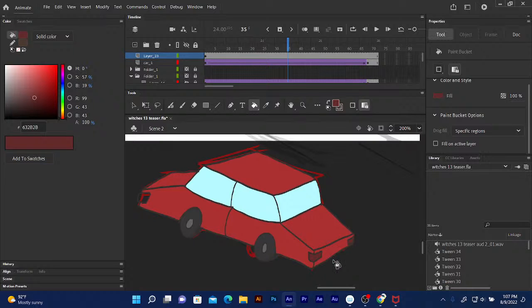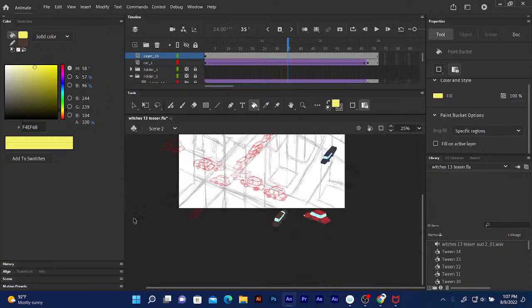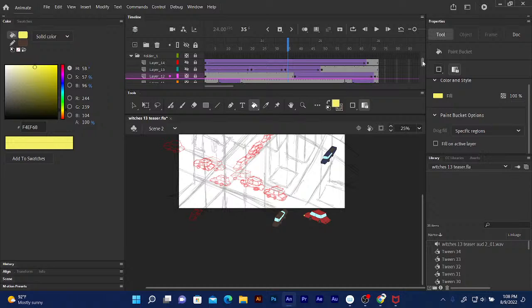We'll use a darker shade for the tail lights, and then a nice yellow for the front end lights. Okay, now that that is taken care of,